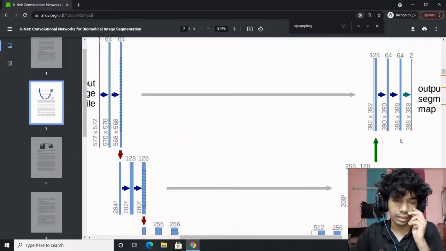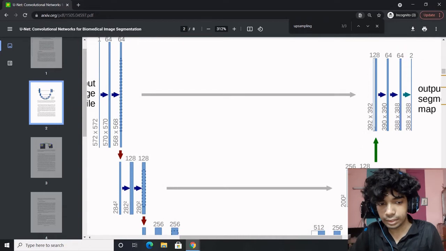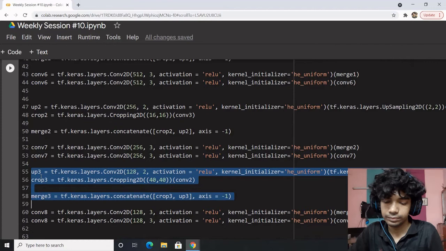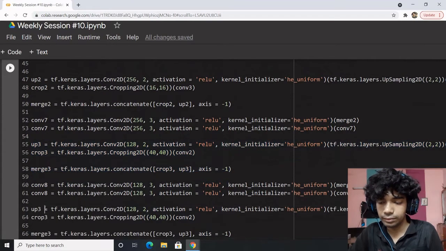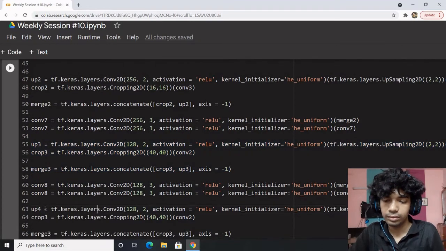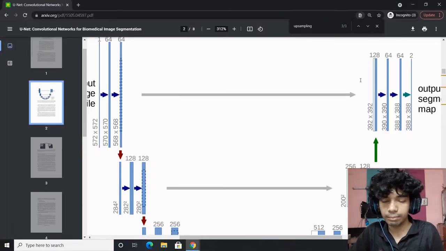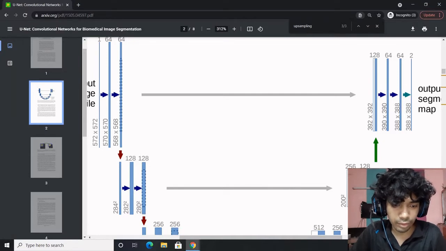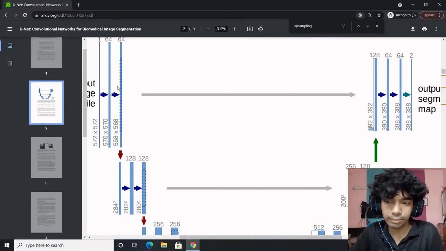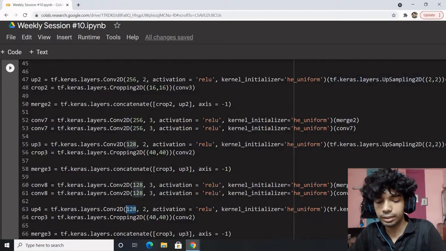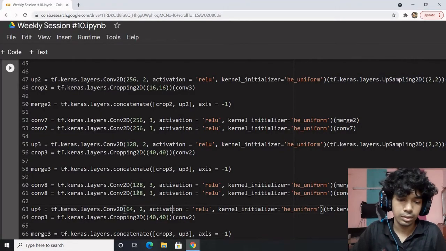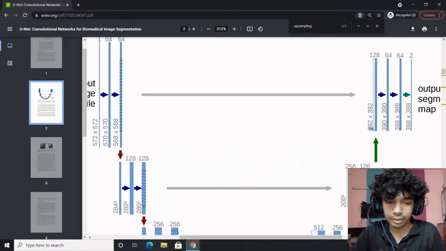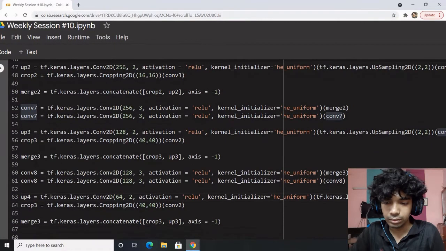Final and last layer would be having another upsampling, wherein it would be upsampling 4 with the number of filters as 128 by 2. Reason being 128 by 2 is this one contributes to the half of it, other half comes from the copy and paste, right? So that is why 128 by 2, or whatever it was, by 2. Now we have upsampling 4, which is happening on this particular layer, which is convolution 8.